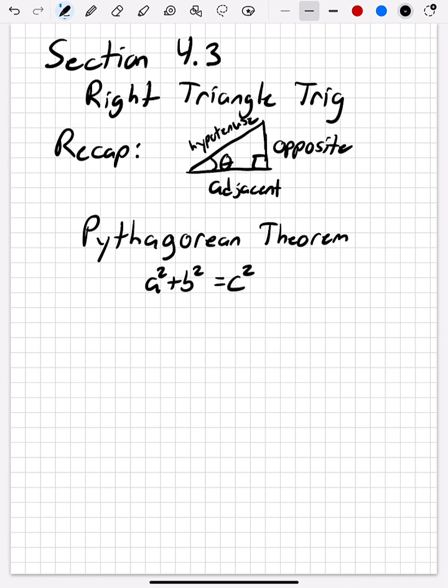Well, for this course, instead of saying a, b, and c, we might want to say the opposite squared plus the adjacent squared is equal to the hypotenuse squared. And we will be using the Pythagorean theorem